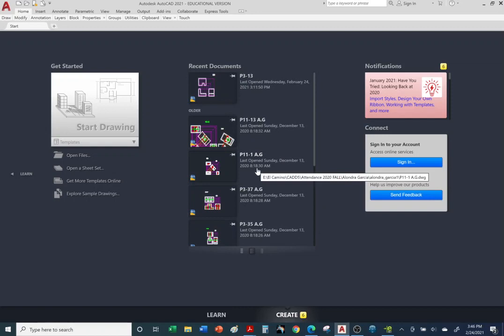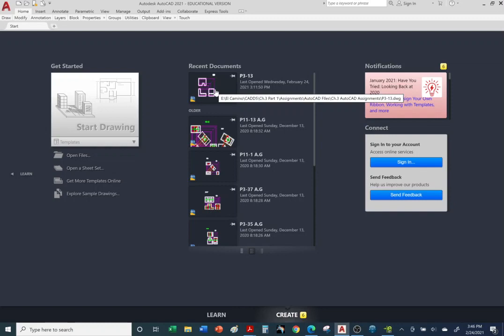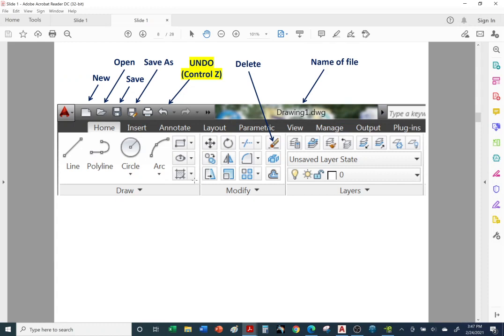All right, so your first assignment will be to complete problem 3-13. It remembers I opened it recently, so I can go here, or I can simply go to File, Open. Let me show you on the PDF file how to open an existing file. Once again, you can start from scratch, create a new file, or you can open an existing